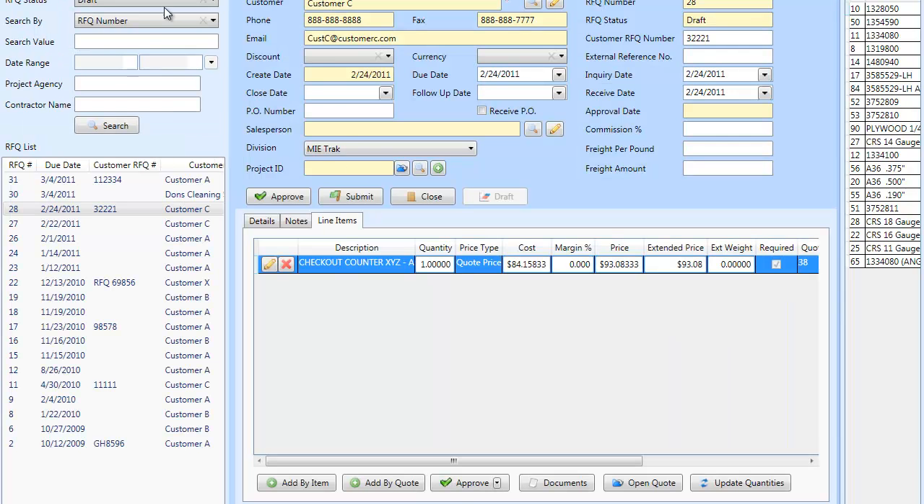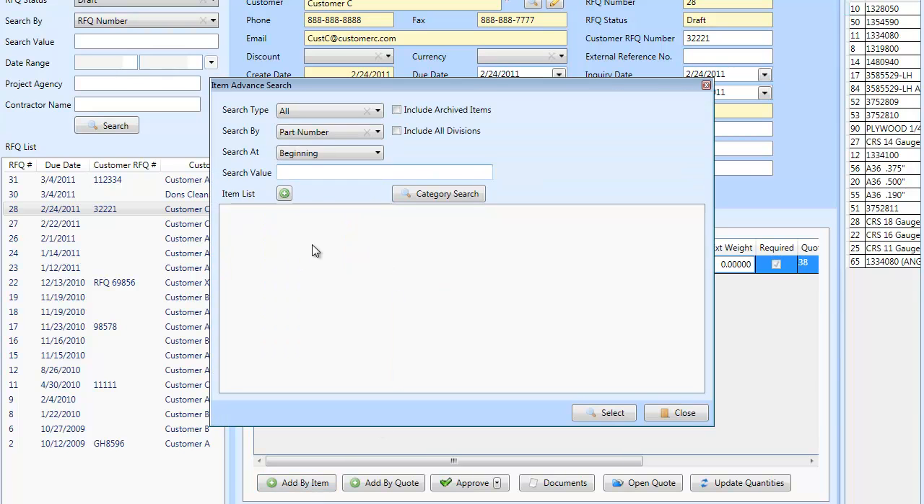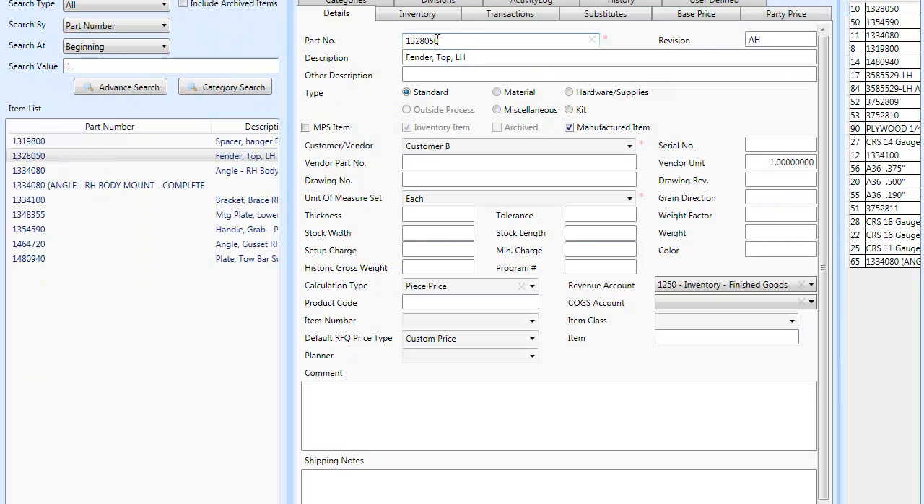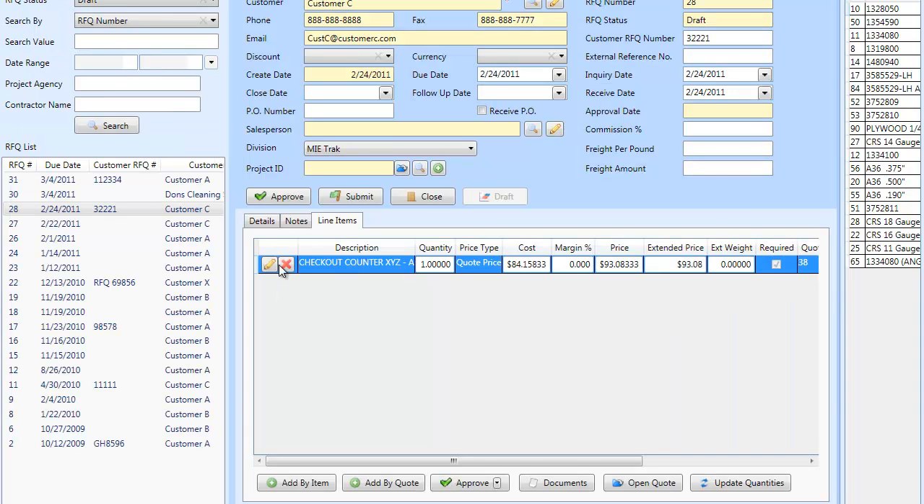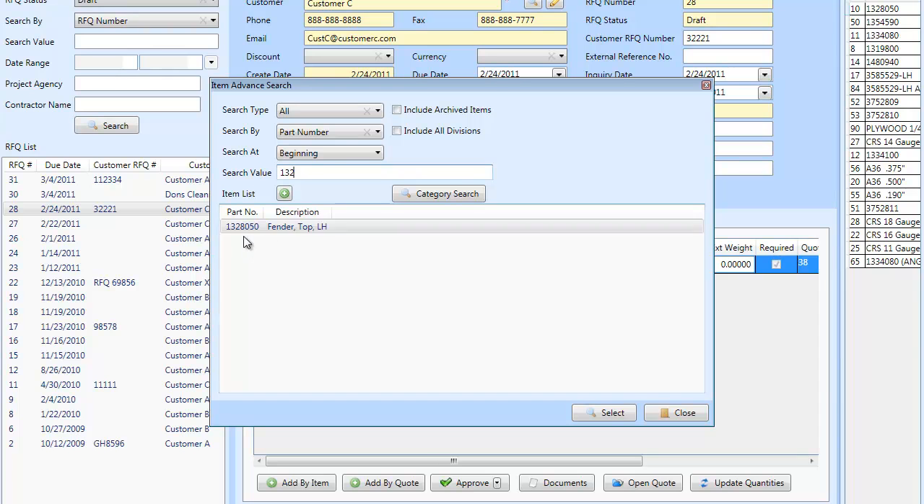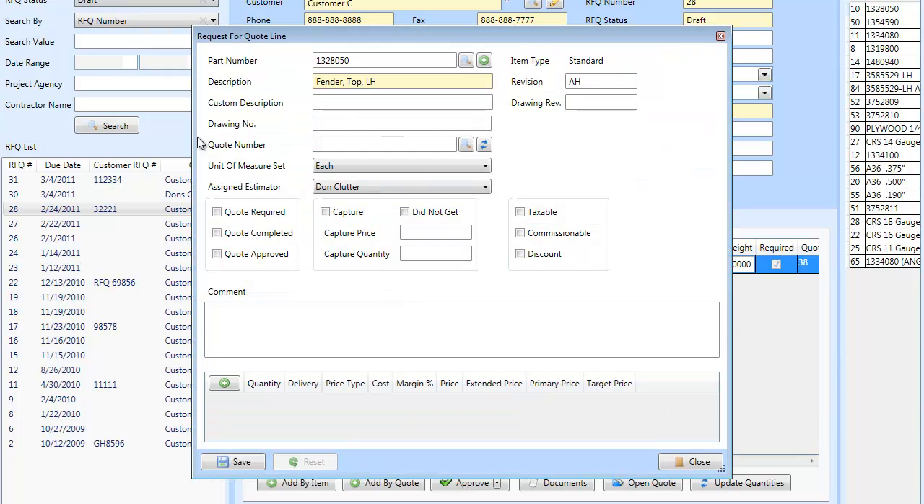So when you go to the RFQ, this is where you have your list of items, and we could actually click the add by item, and I could look up an item called 1328050. So I'm going to add an item 1328050. When you double click that item, it's going to add that item to your RFQ as just another line